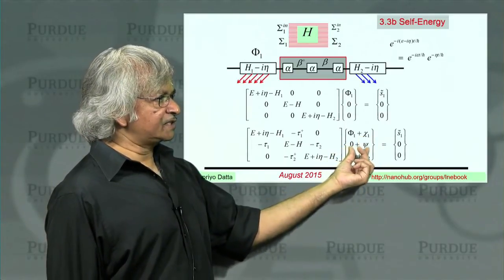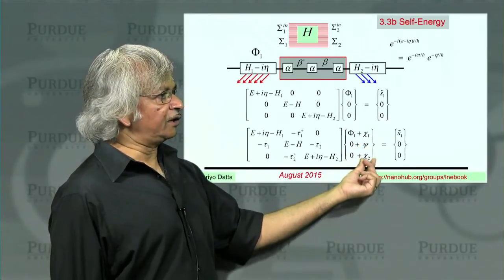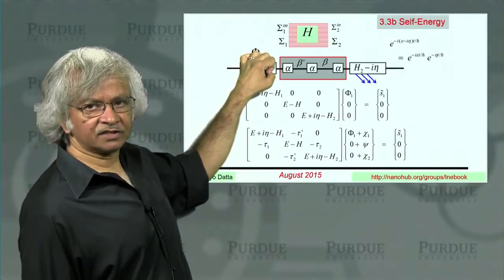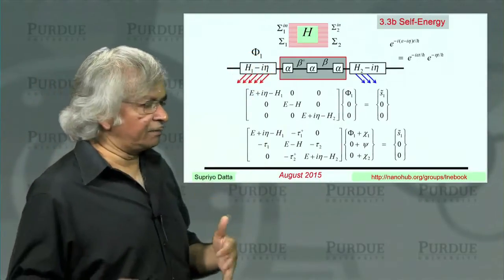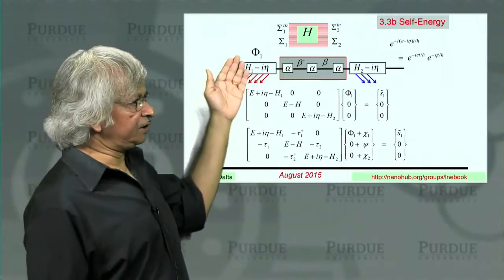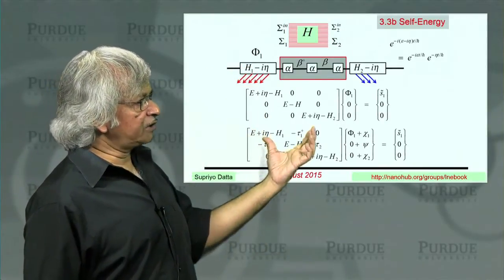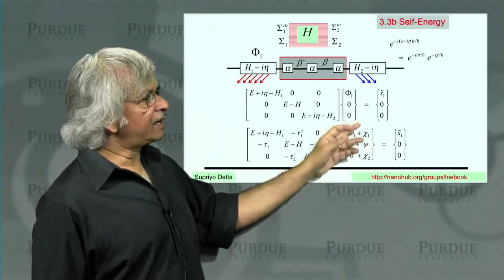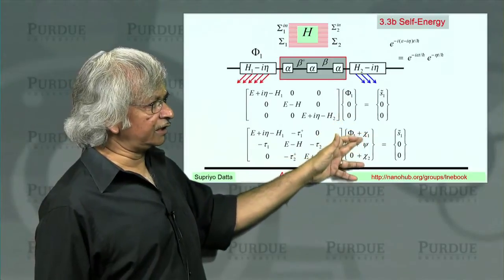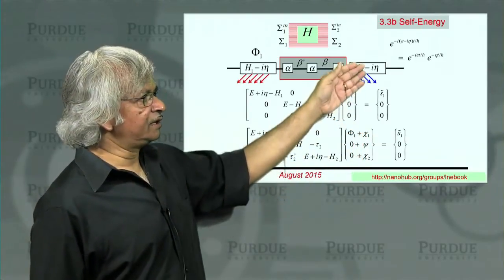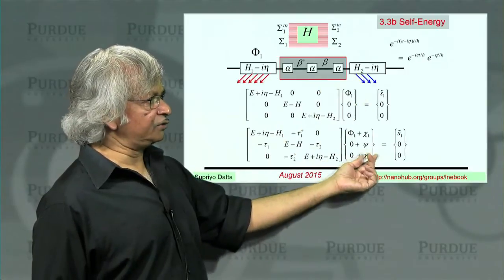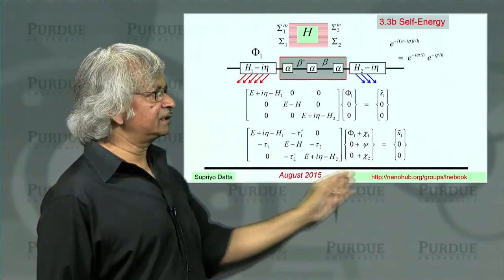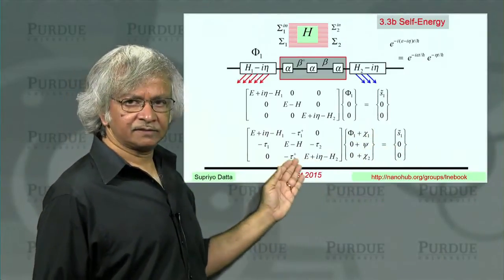And then there's the psi inside the device, and there's the chi2 in this contact. So you see, originally, all you had was electrons in this contact, which were kept there by new ones coming in continually. And now that you have connected them, you actually have electrons inside the device, and the electrons in the contact are changed a little bit. There are some electrons in this contact, that's the chi2, and in this contact, it has changed from what it used to be. So these three then would be our basic equations.